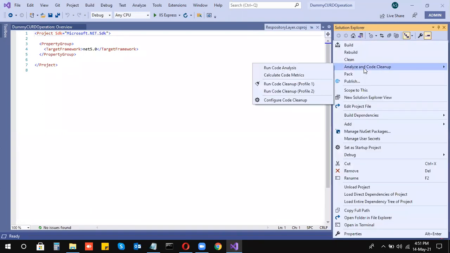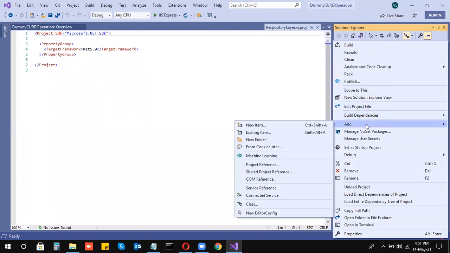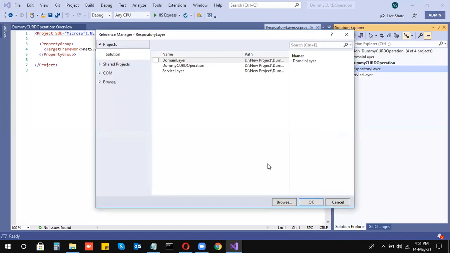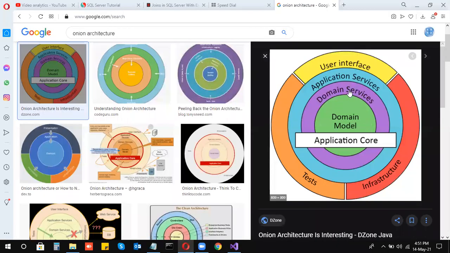I'm going to add a project reference. I will add this project reference in the repository layer because, as I told you, domain services are dependent on the domain model.